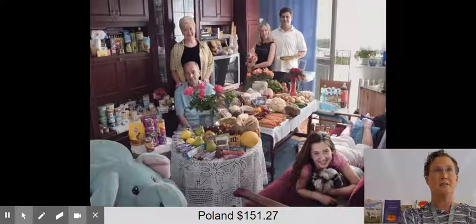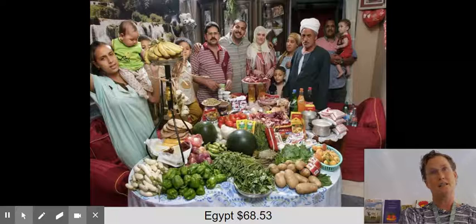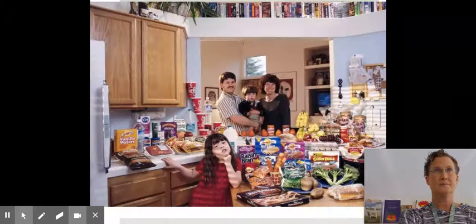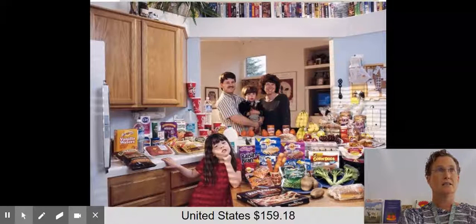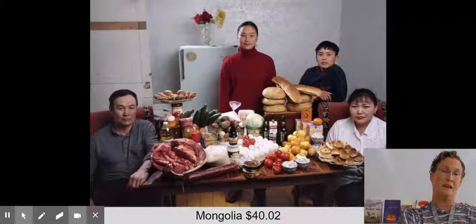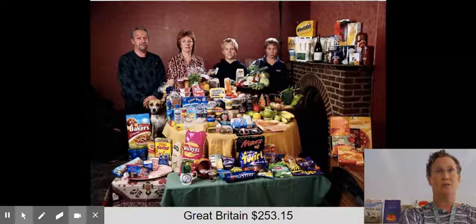So do take some time to look and try to identify things that are in common, things that are more prevalent, perhaps how many vegetables there are compared to how much processed food there is. And they even do have more than one family from a country. Sometimes, like the United States, there's more than one family. And maybe you can find a family that you think reflects the kinds of things that you eat at your household.